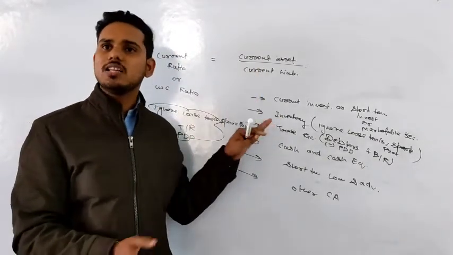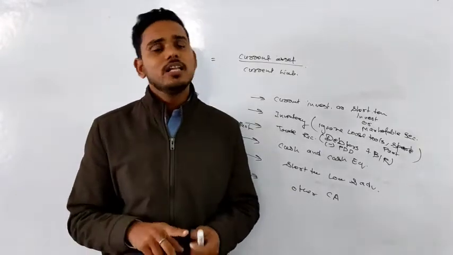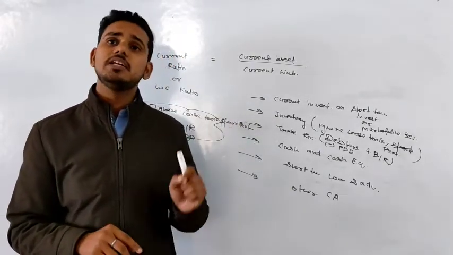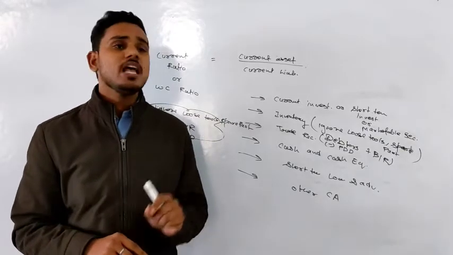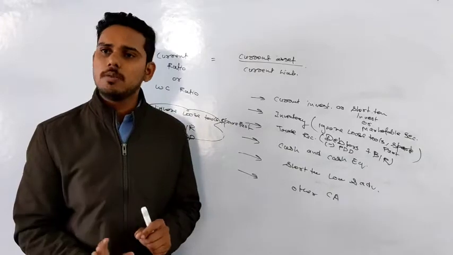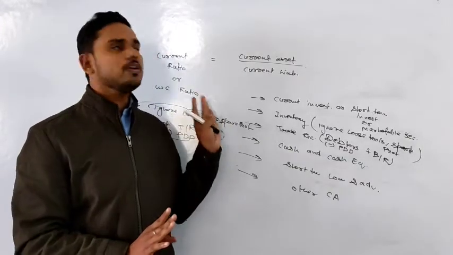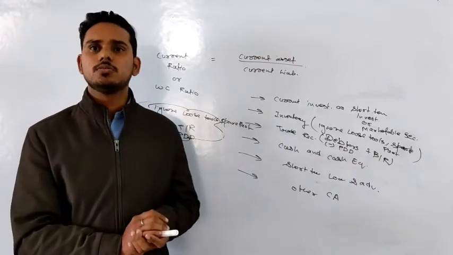Because you are knowing what are the things that we need to include, that you have learned. So you need to remember only 2 things, that whenever we will take inventory, sir, we will deduct the loose tool and spare parts. And whenever we will take debtor, sir, we will take net debtor. Means if there will be any provision, that should be deducted. No confusion now? I hope the first formula is clear, right?